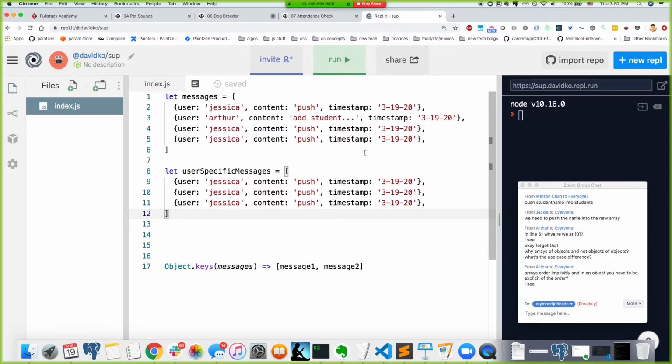But just know that there's, I guess, two main ideas: arrays for order. And if you want to check if something exists within a list, then objects are the best. If you want to look up a specific